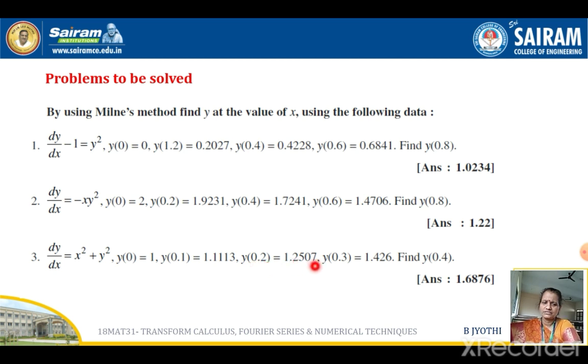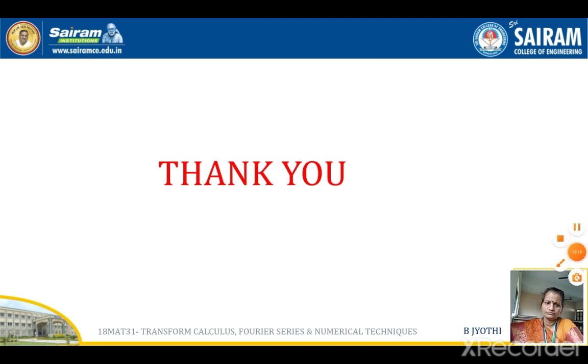Now let's go for the second stage, second iteration, that is y1 of 2. So y0 plus h by 2 into f of x0 y0 plus f of x1 y1 of 1, where y1 of 1 is given by this 1.115. Therefore, on substitution